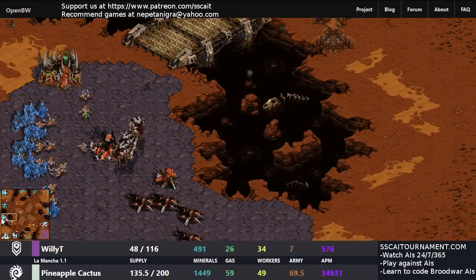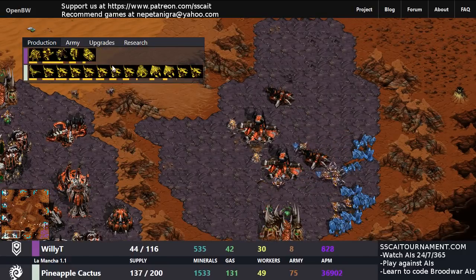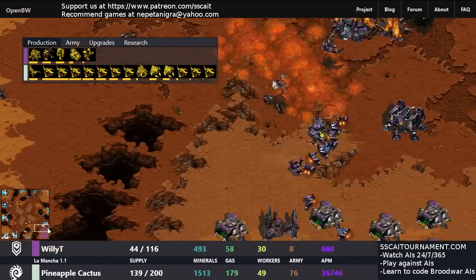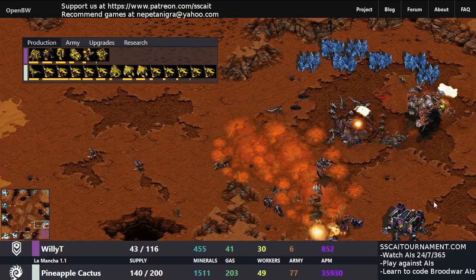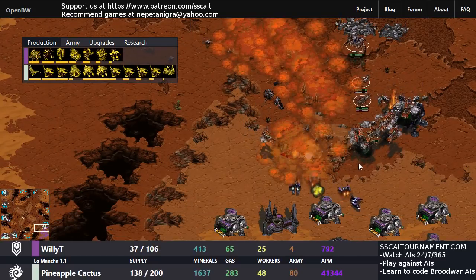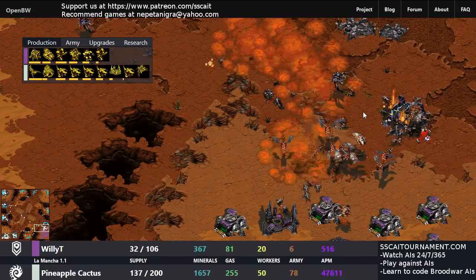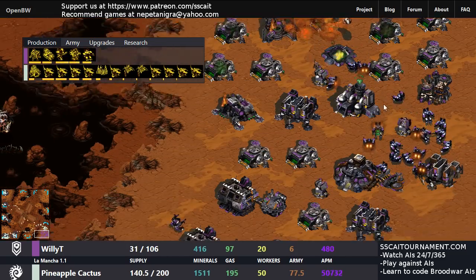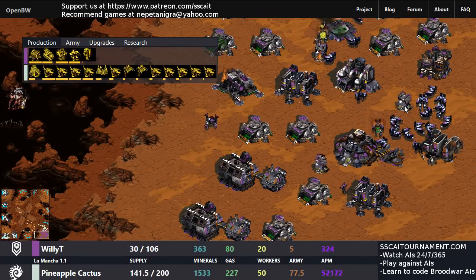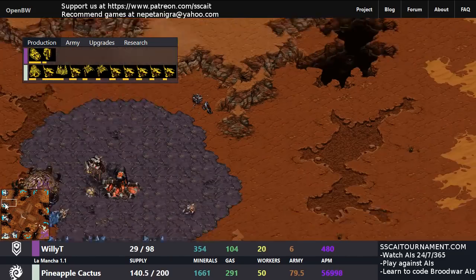So 50 workers, it's not all that much. Not really all that many hatcheries, but you can see the production tab is starting to look like something again. The natural is completely overrun. There are guardians, there are lurkers, swarm galore, and that is how you take a ramp. Air forces overhead, lurkers below, Zerglings all over the place. The main is mined out. Willie is in for a bit of a stomping, but there is a lot of potential in Pineapple Cactus,